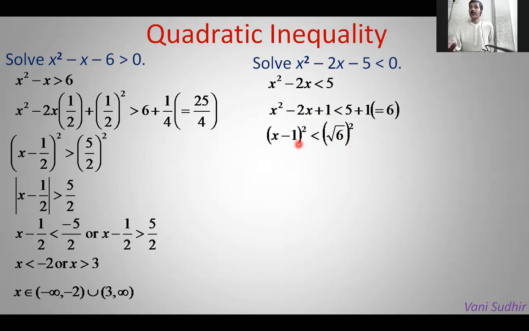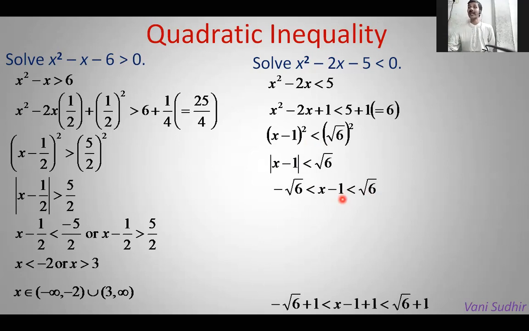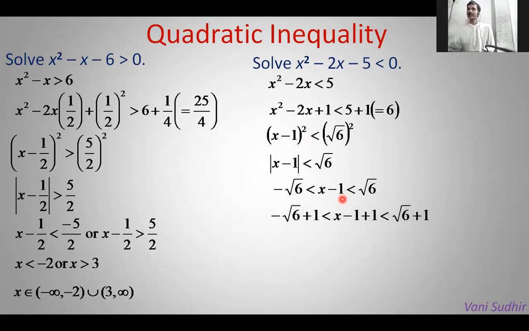Now it is in the form of x square less than a square. Immediately we can write this as an absolute problem. If absolute problem, directly from here you will solve. When modulus x is less than a, what will you do? X value lies between minus a and a. Here a is root 6. X minus 1 lies between minus root 6 and plus root 6. Here I want to take out this minus 1. So what will I do? I will add 1 to this double inequality.